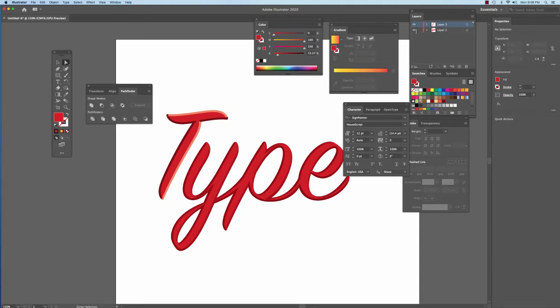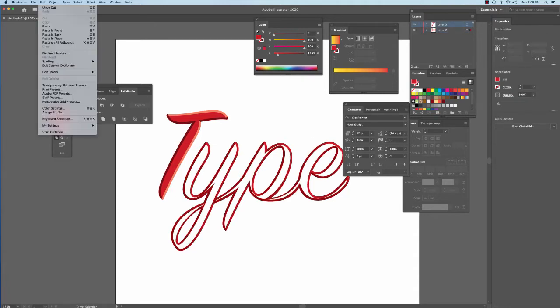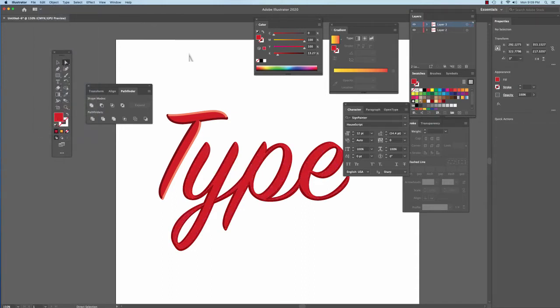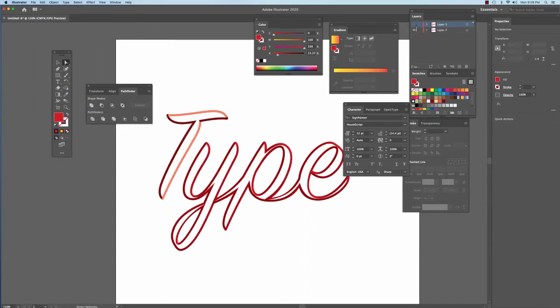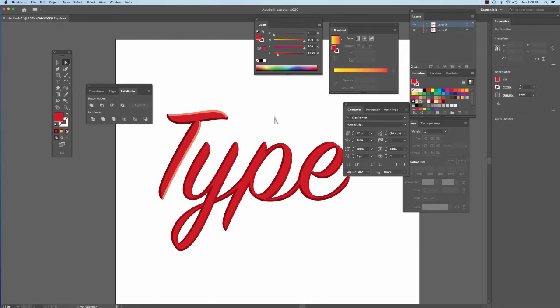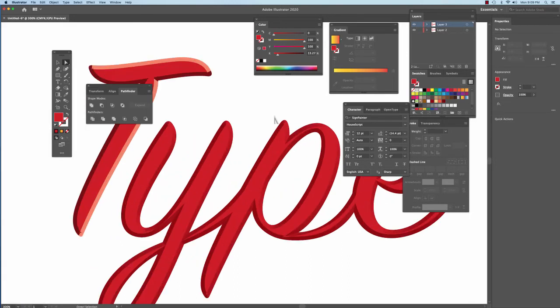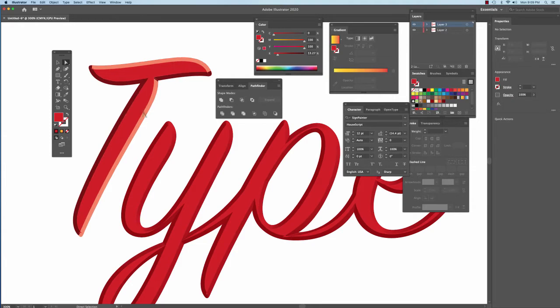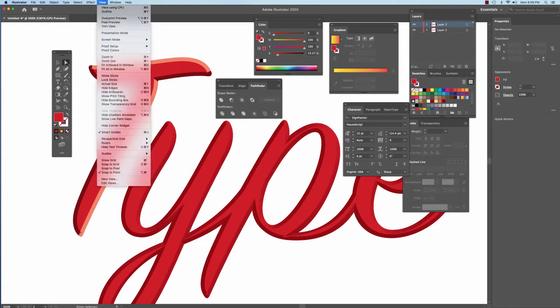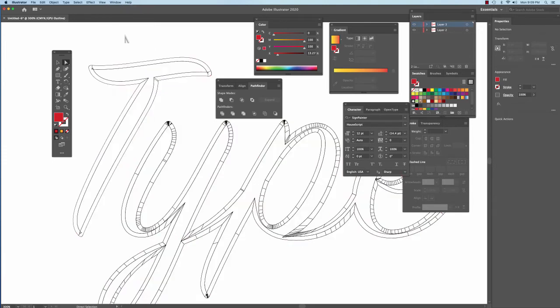So one of the things that you're going to want to do is take the top layers of your text and put them on their own layer, so that we have them isolated. It doesn't work as easily as it does with sans serif fonts, and I'll show you what we mean by that. We have this, and I've already done one here to show you what it looks like. But if I go into what they call wireframe mode, which is View, Outline, Command Y,